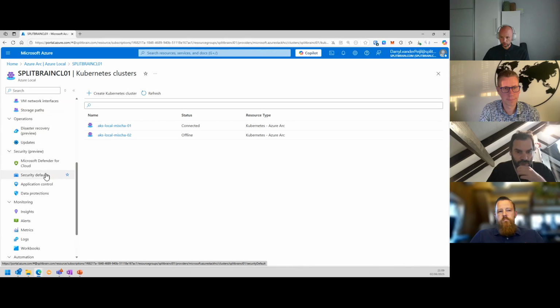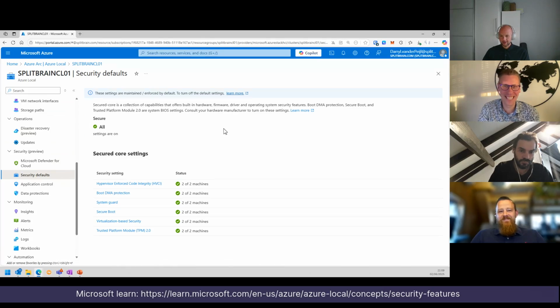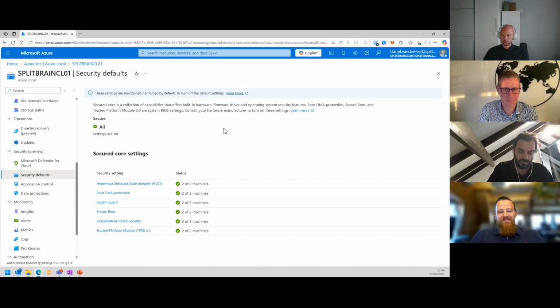But I really want to go to the security defaults, as we are on a security podcast, right? So yeah. I'm happy that you're clicking on that. So I think Microsoft is doing a great job in making the virtualization platforms more secure, right? And I would be lying if they were doing it for Windows Server only. So they're probably doing it for Azure a lot, and it's all running the same hypervisor with basically the same OS. And there's a lot of stuff that they have developed for the Azure Local system as well.